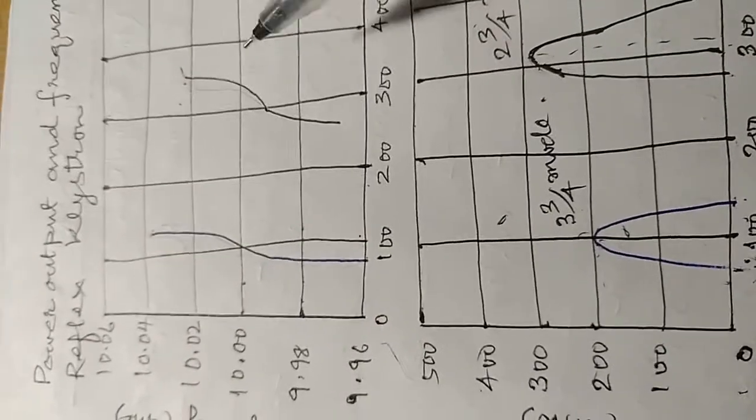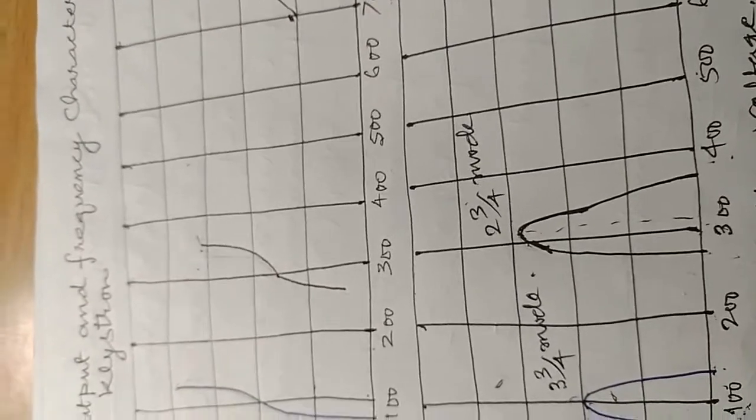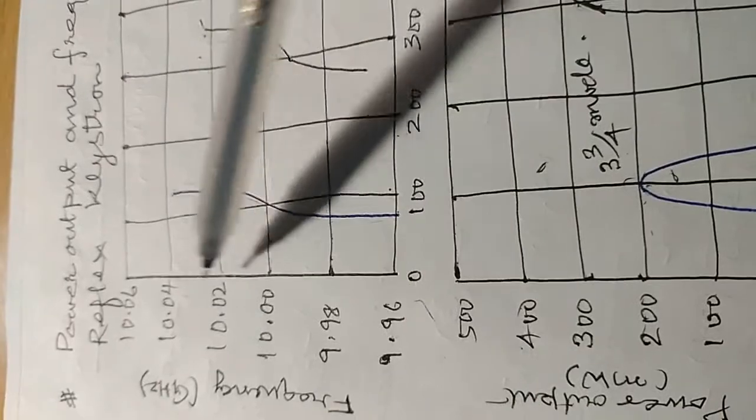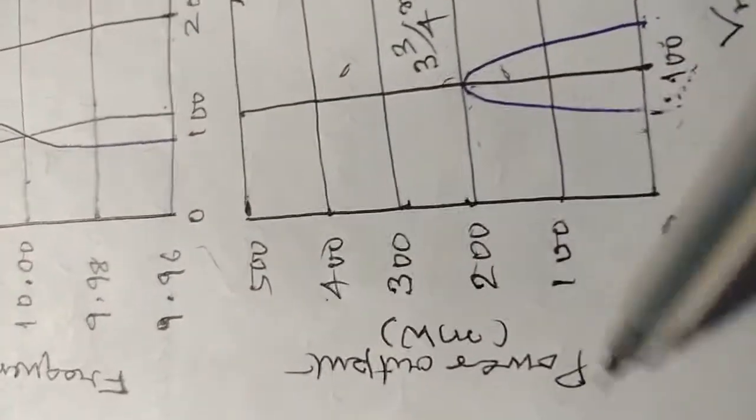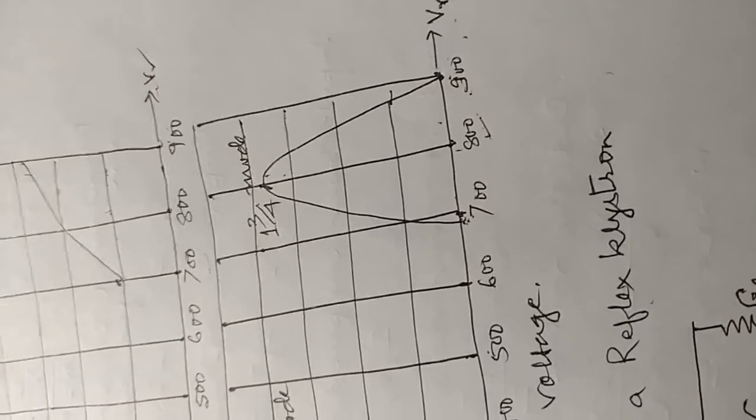Here we are going to see the power output and the frequency characteristics of the reflex klystron. In the first diagram, on the vertical axis we have taken the frequency, and on the horizontal axis we have taken the repeller voltage of the reflex klystron. In the second diagram we have taken the power output, and on the horizontal axis we have taken the repeller